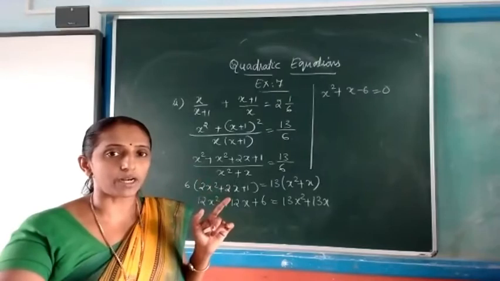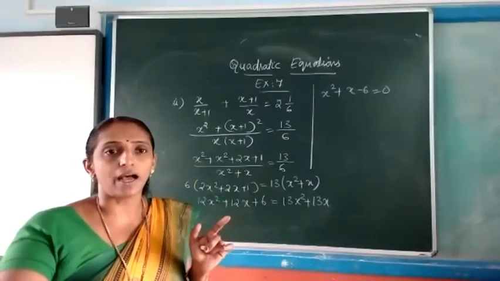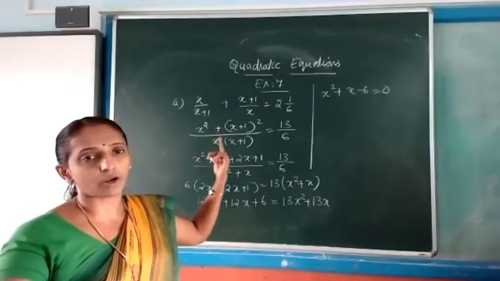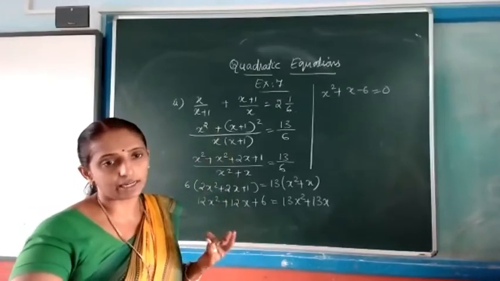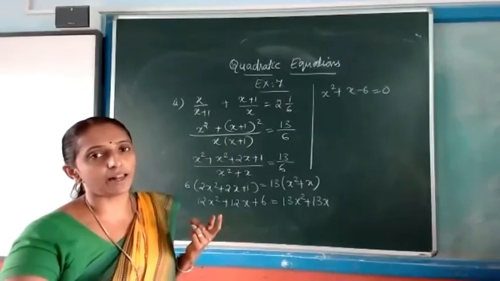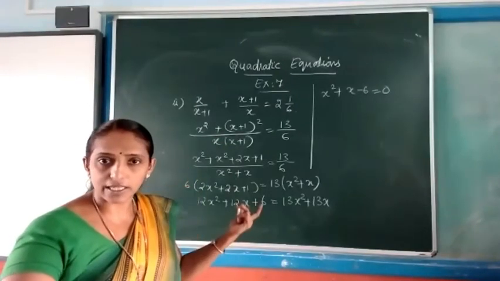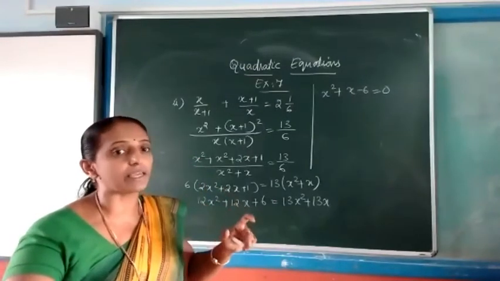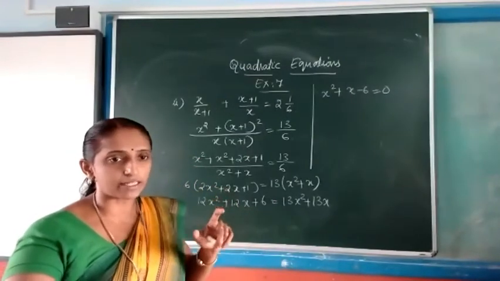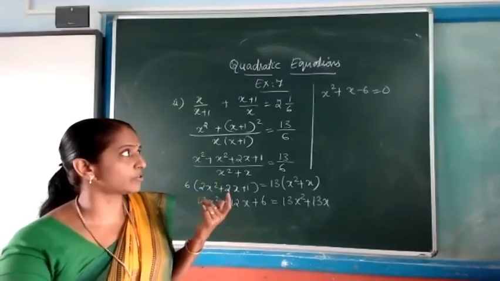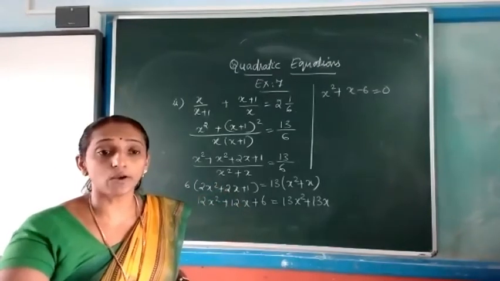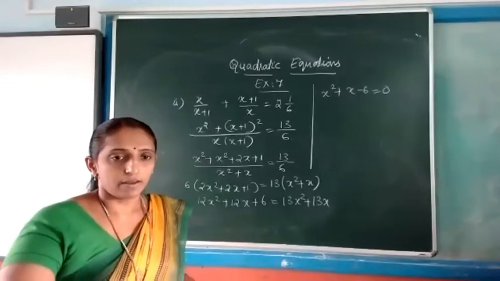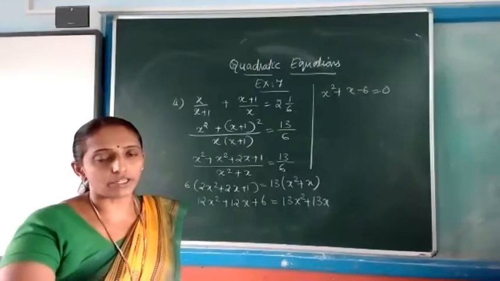Now to solve quadratic equations, we have the factorization method of a trinomial. Since a quadratic equation also has three terms, it's a trinomial. And once it is equal to 0, there comes the quadratic equation. Equation means there will be an equal sign, equal to 0. Otherwise, we cannot take it as an equation.